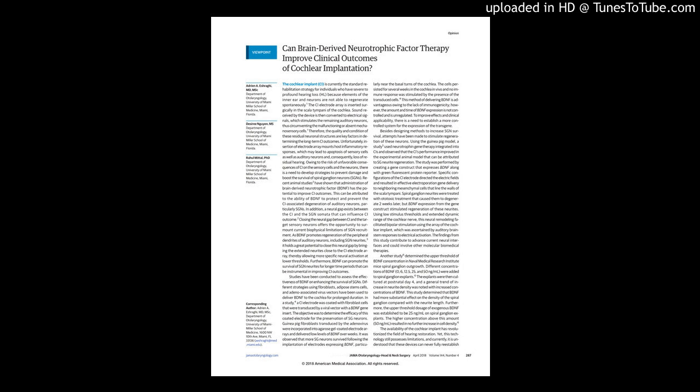JAMA Otolaryngol Head Neck Surg. 2018;144(4):287-288. DOI